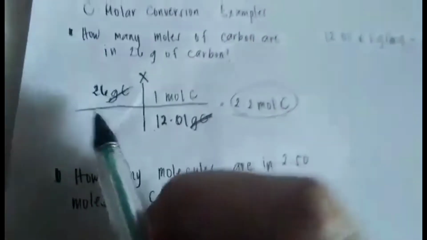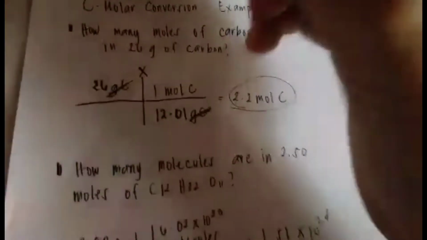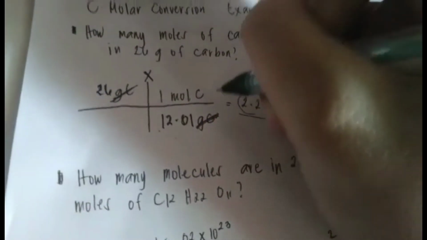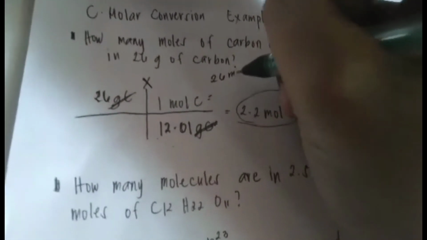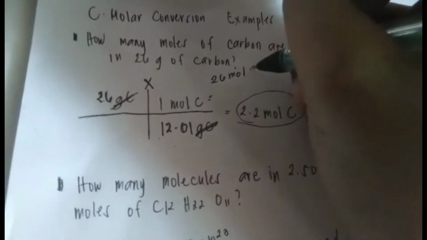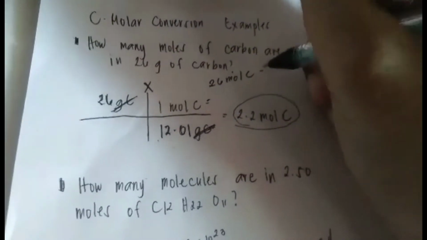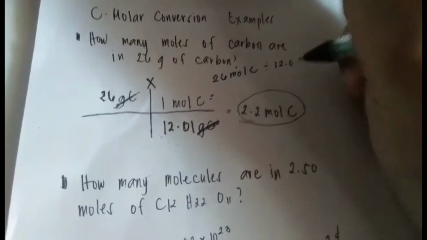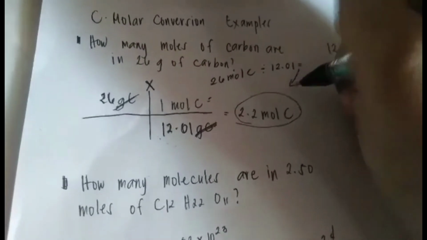So 26 times 1 mole of carbon equals 26 moles of carbon, divided by 12.01. So this is now the answer,